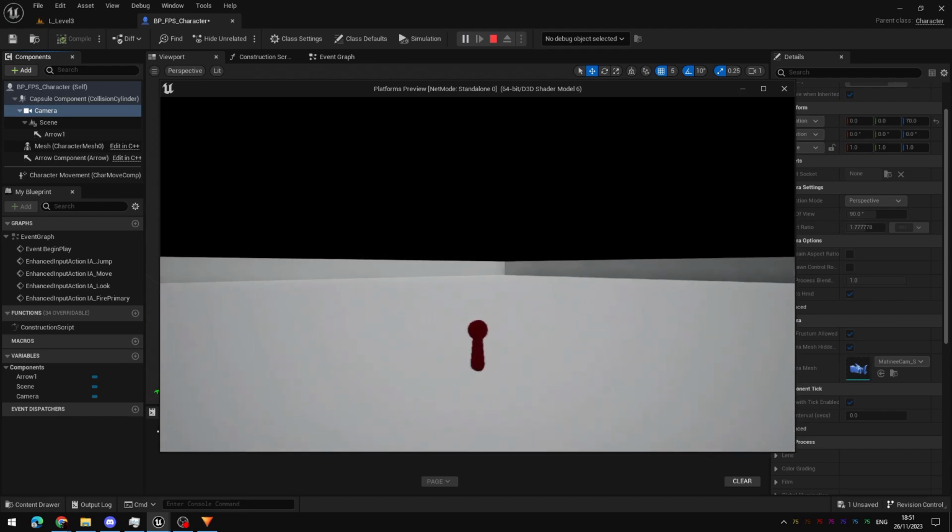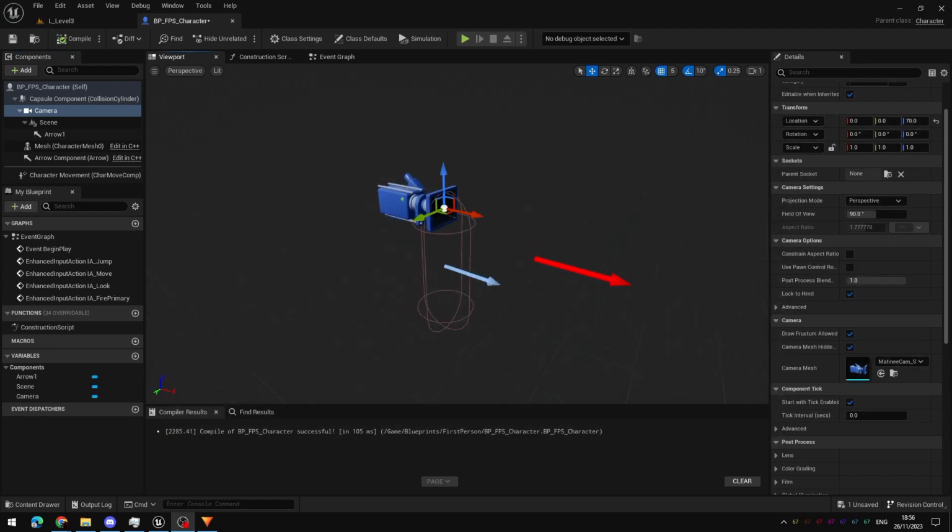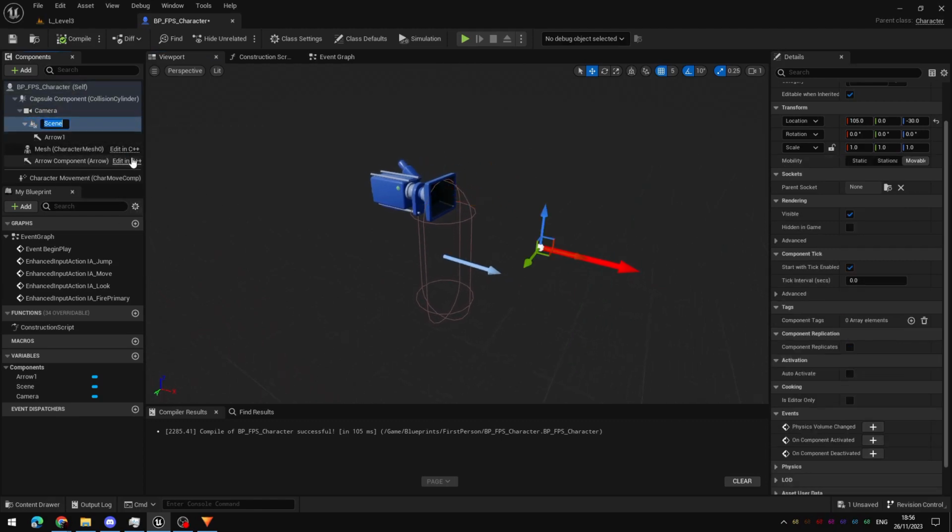So as the camera moves, the arrow will move with it. Don't worry about the blurring on the actual little arrow on the screen. We're just using it for an indicator for testing purposes. Now that we have our scene location that we're going to use as a projectile spawn, let's just rename that quickly. Select your scene component, press F2 or right click and rename, and I'm just going to call this projectile